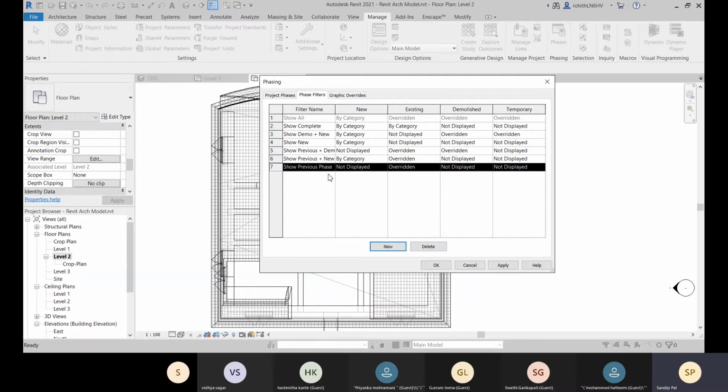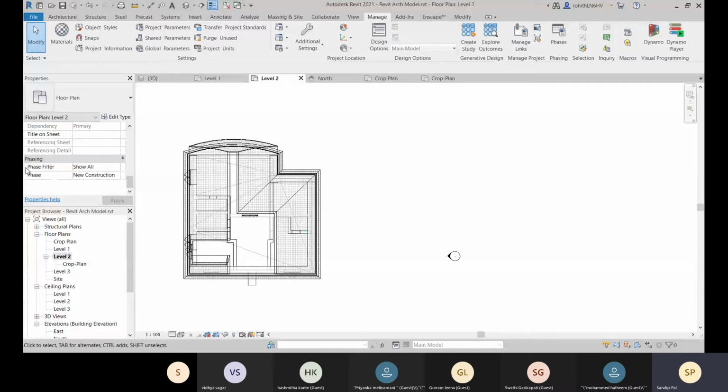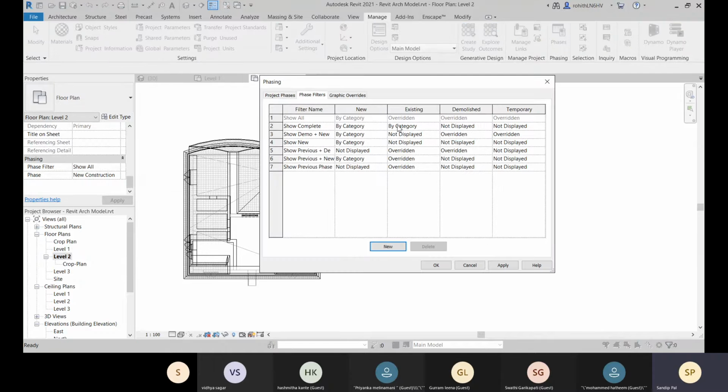So you can select anything and you can delete, and you can create your new filters, and you can define for this new, existing, demolished, temporary. So let me go for apply and okay, and here you have this phase filter over there. So you remember that all the settings are there within these phase filters.